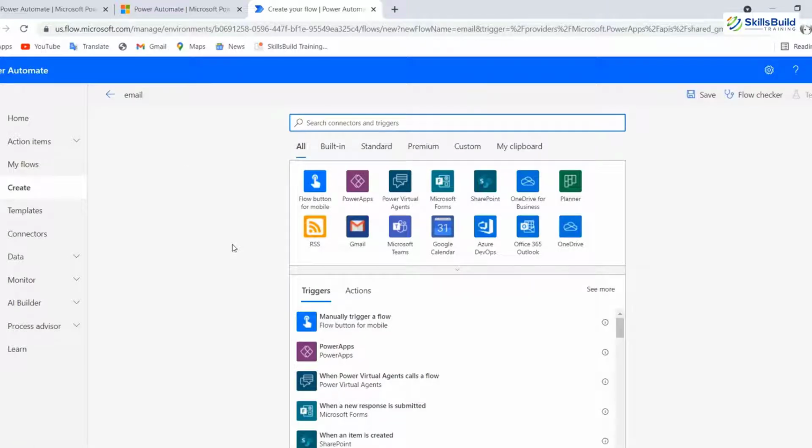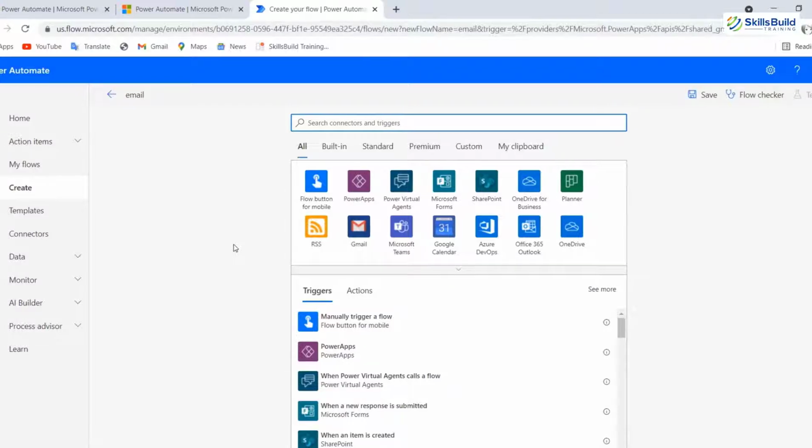Now if I talk about why Power Automate is useful. Power Automate is useful in automating work processes or tasks between your preferred applications and services. For instance, you can automate certain tasks to achieve the following. You can get immediate alerts for important notifications or emails. You can get notifications on your mobile device. You can track and catch up with new potential customers. Keep track of your business leads.